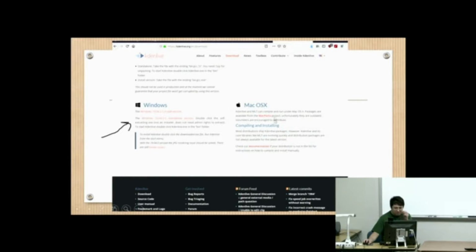Here's what they have for Mac. So it's not very good for Mac right now. It's best for like Windows and Linux. And so this is the install version or the standalone version. And if you want to